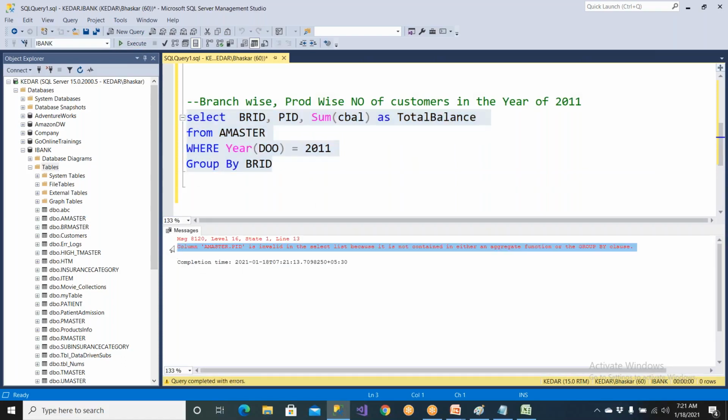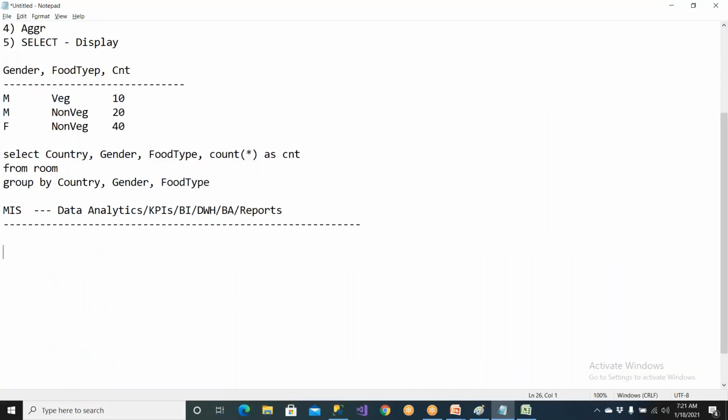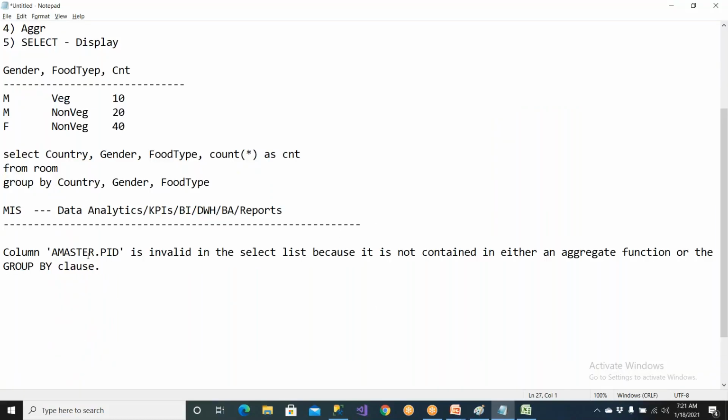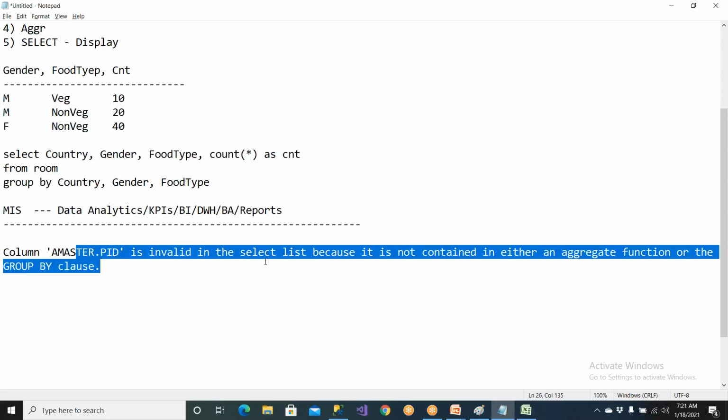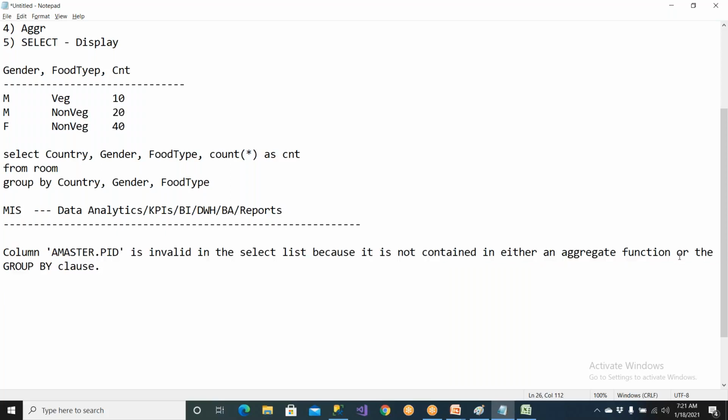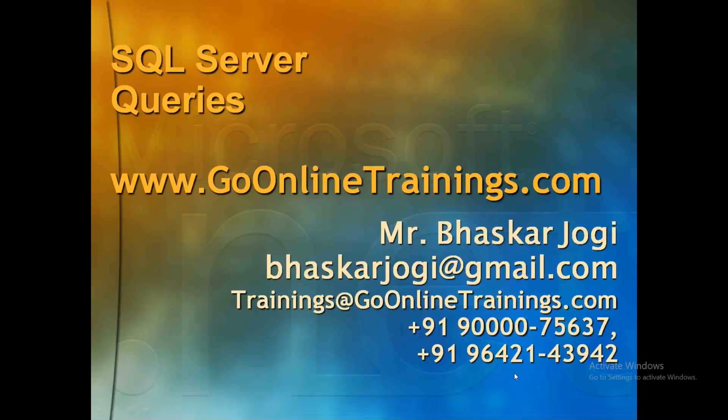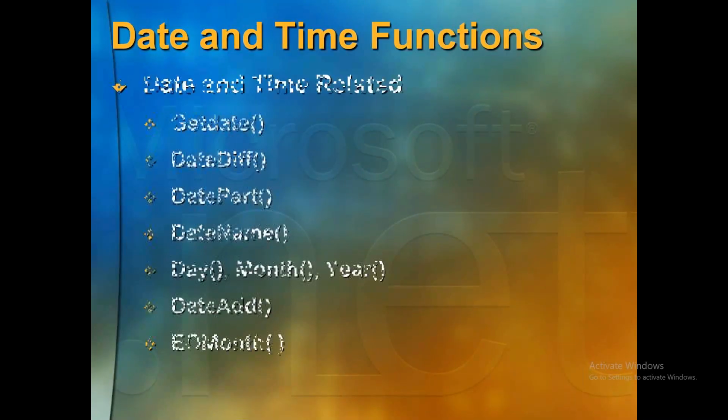So this will give you a bigger issue. So what is the issue? This is the issue. Read this. PID is invalid in the select list because it does not contain either an aggregate function or the GROUP BY clause. This is a very important thing. So what is the thing? So it is saying,